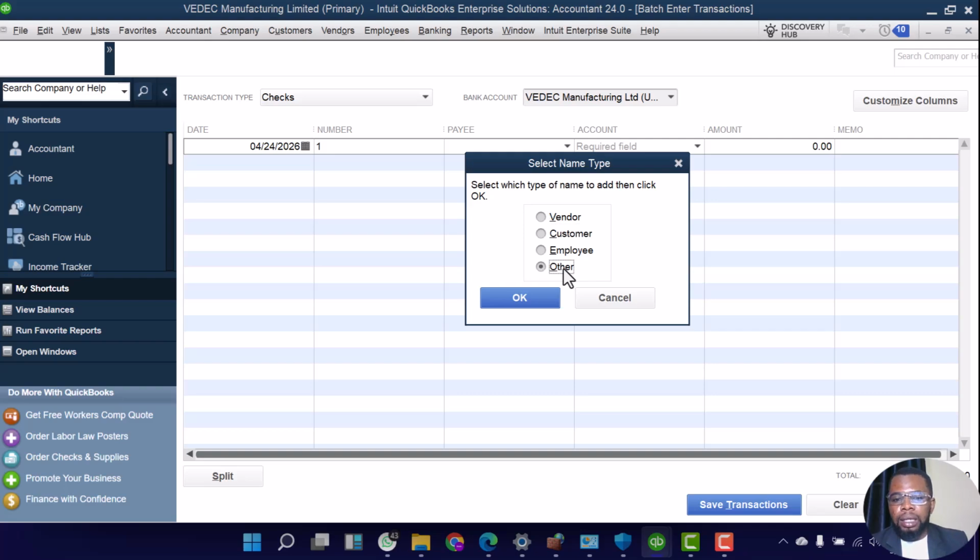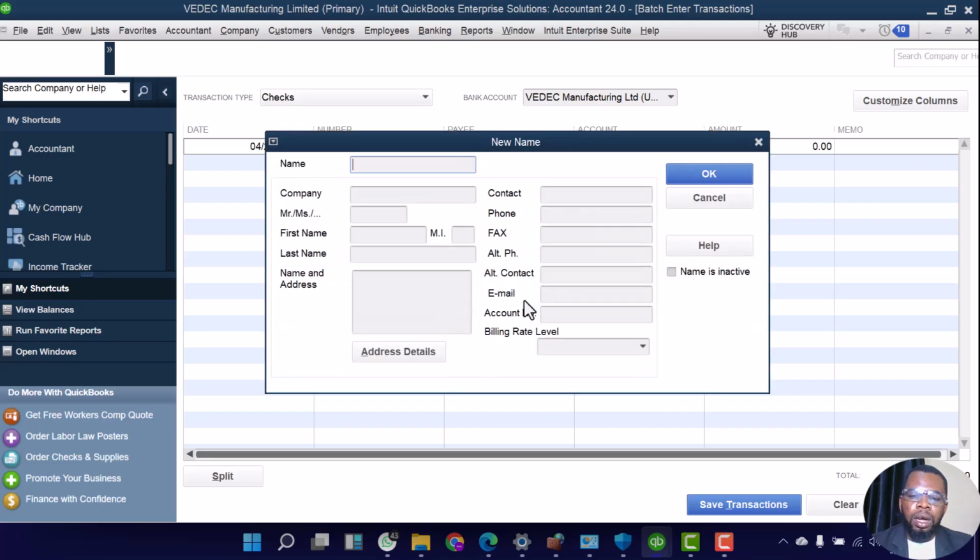We're going to add an agency. You can't find any of those payees here, so we can just add a travel agency. We come to others. It's not vendor because they don't supply us goods. It's not customer because we're not selling to them. It's not employees because they don't belong to the company. It is in others. So when you come to others, you can just write, let's assume a travel agency name, travel tour